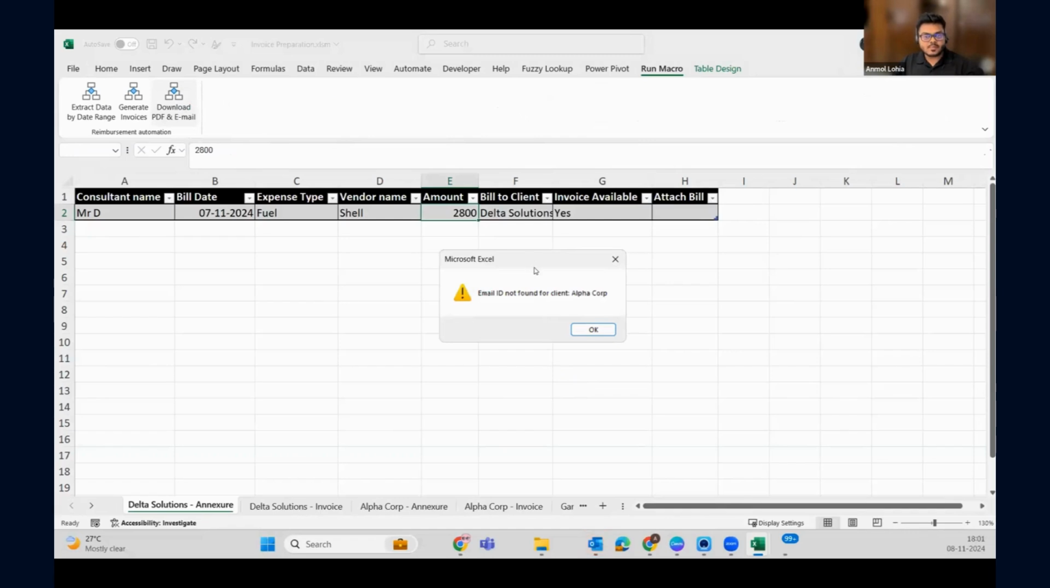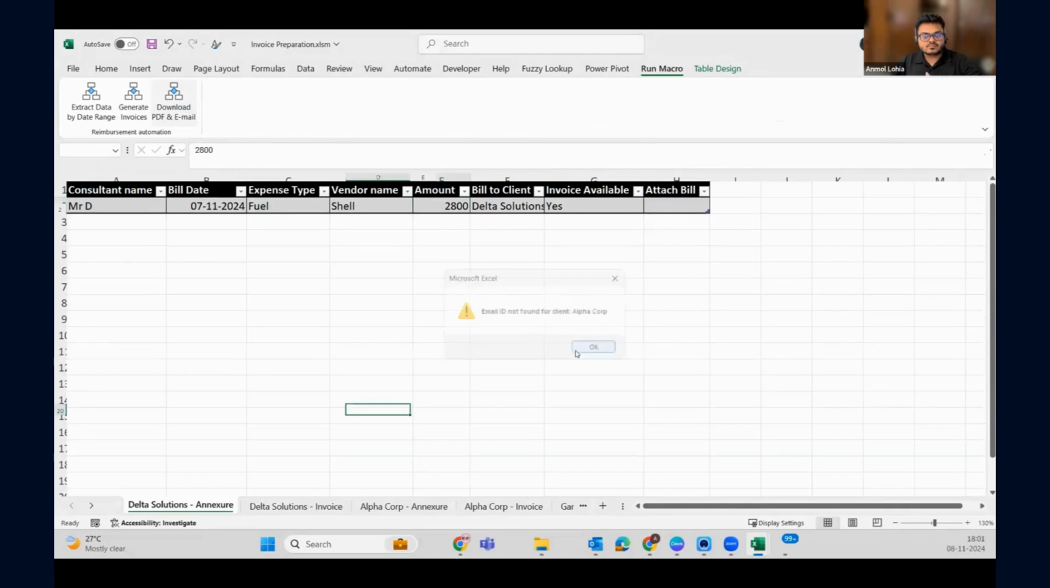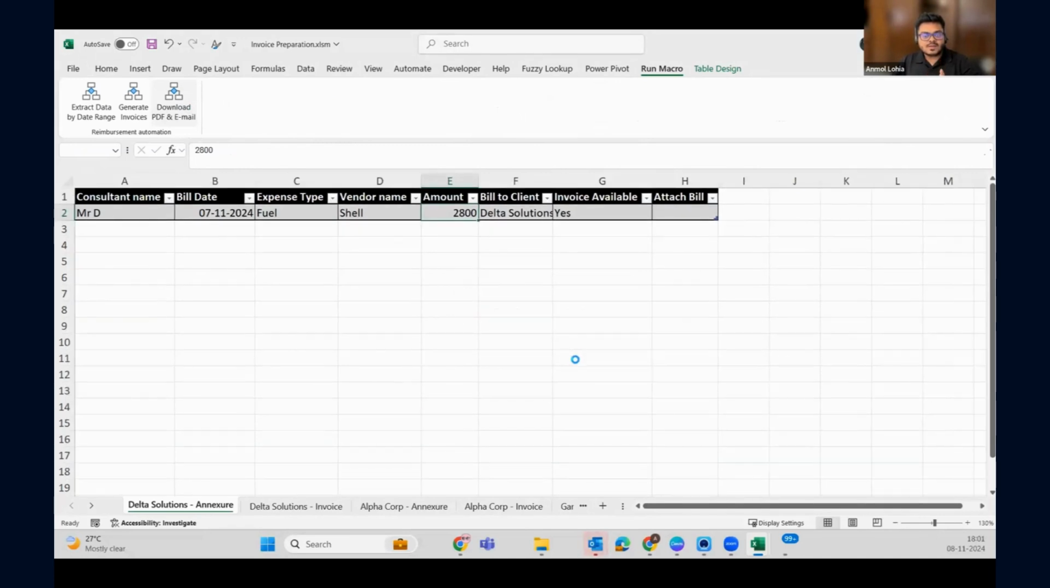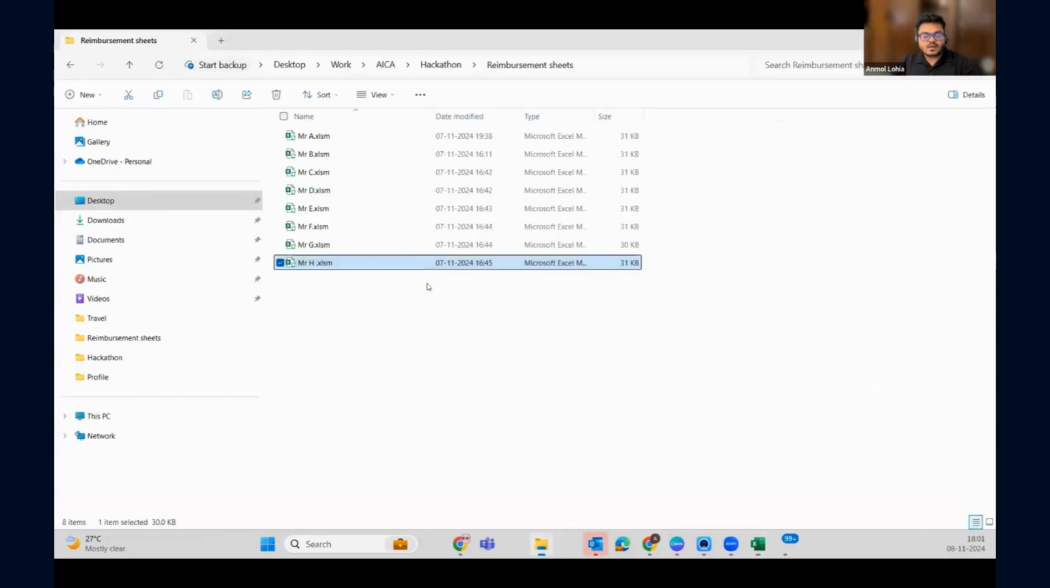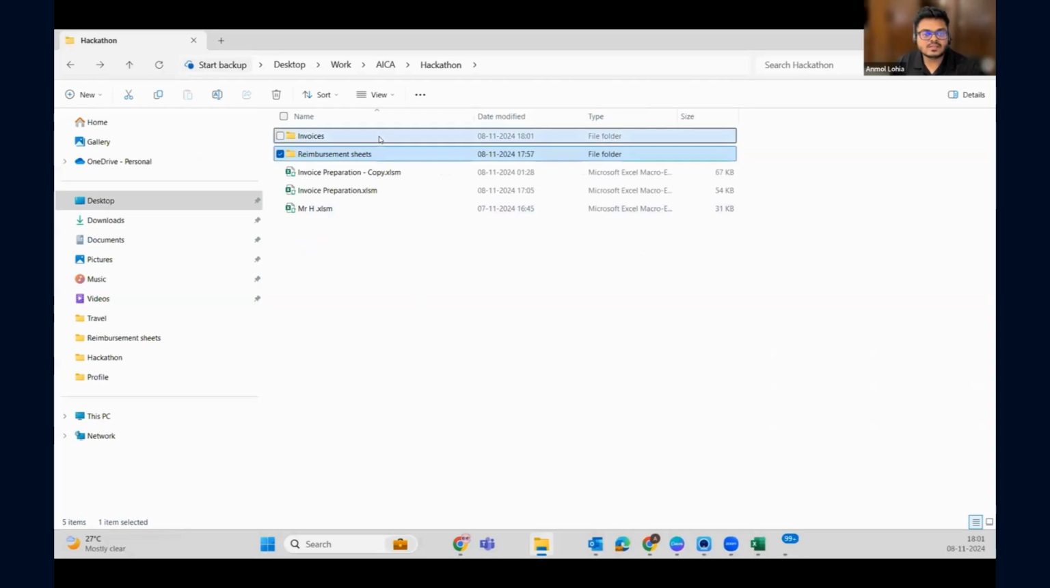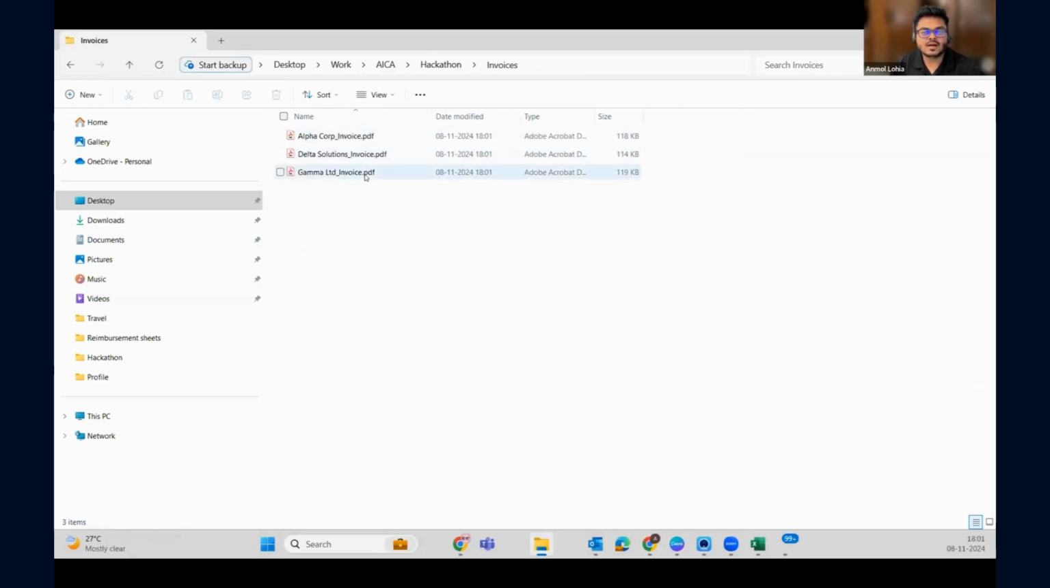It has given me a pop-up error saying that the email ID for Alpha Corporation has not been found. That's it. Now let me tell you what has happened here. All the invoices have been downloaded in this folder, Alpha, Delta, and Gamma, and they have been emailed to the